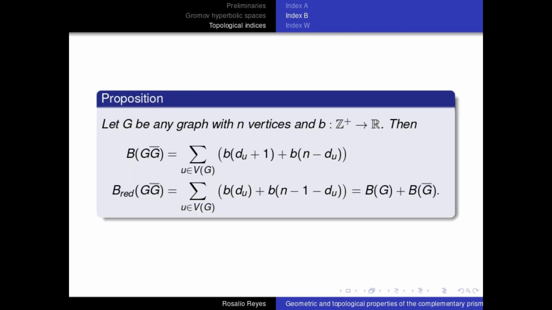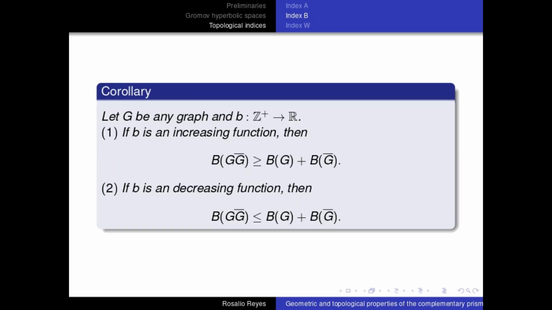Now we apply these indices to the complementary prism of a graph and we get an interesting result when we consider the function b as an increasing or decreasing function. If b is an increasing function, then we have